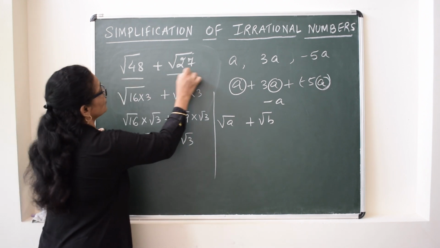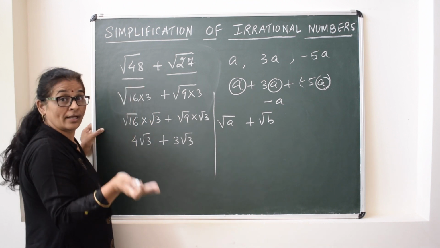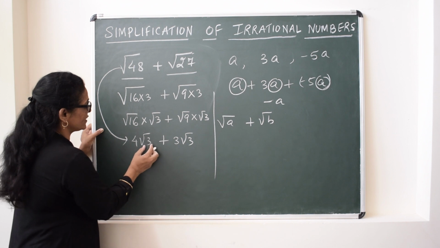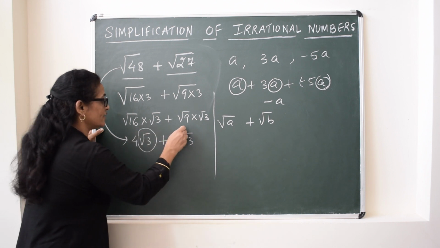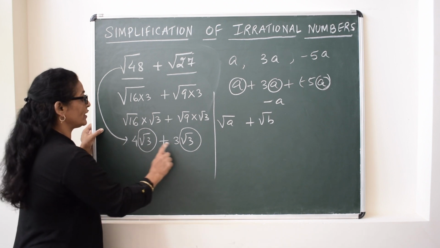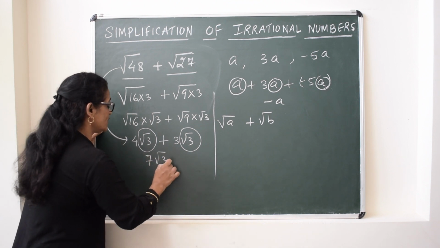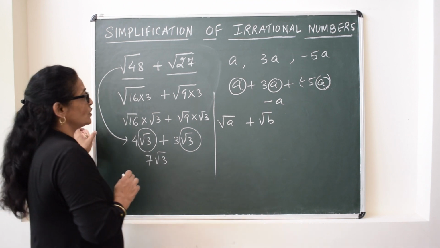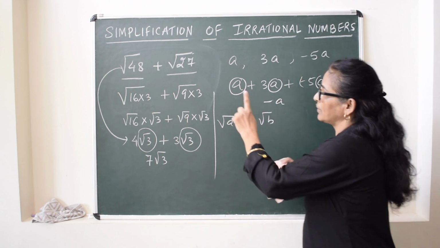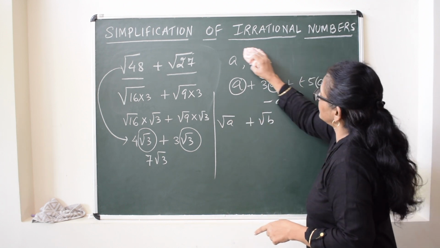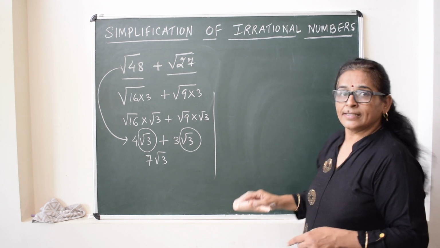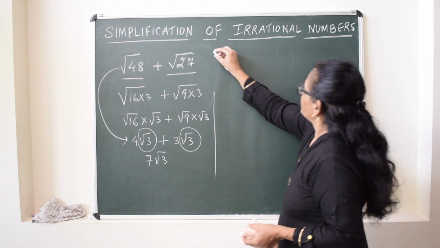So when the question was given, directly you cannot add it. But when we have changed it into mixed form, then we can see this irrational factor is the same. That means these are like irrational numbers. So we can add directly. So this is 7 root 3. In some cases it is directly given, you can add. In some cases it is not given, we will change it and then we will add. Now let's see some more examples.